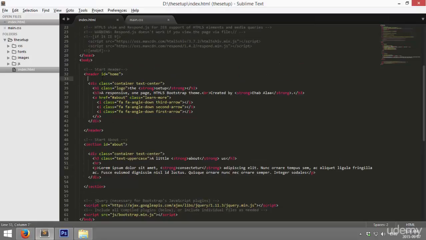So for now we have a header tag with an ID home, then a div with a class container to call the Bootstrap framework grid, and I'm going to explain the Bootstrap framework more in the next video. And a text-center class that centers everything in the middle of the page. We have a heading 1 with a class logo, that is the logo of the website,